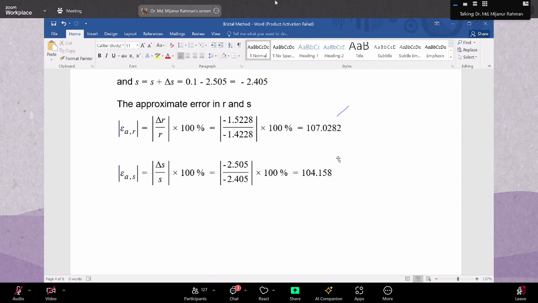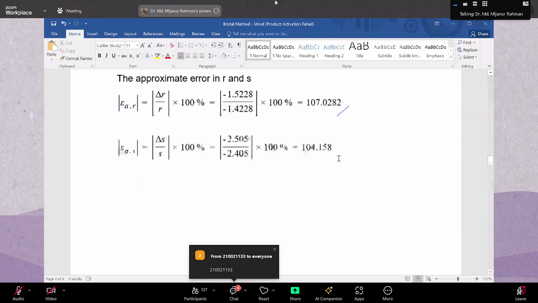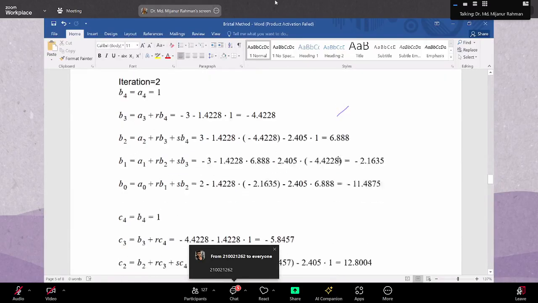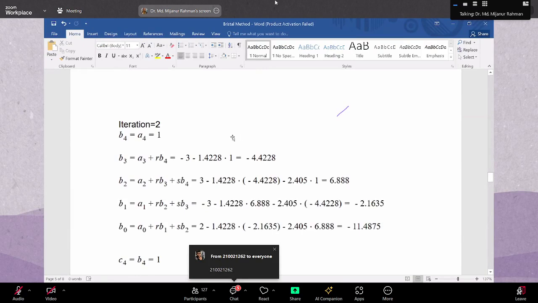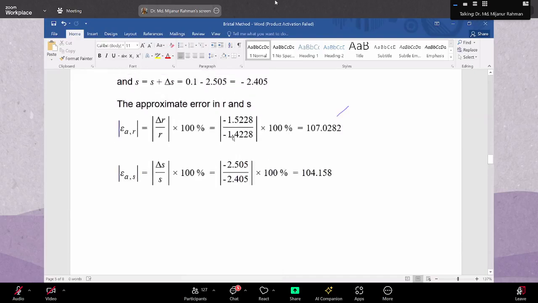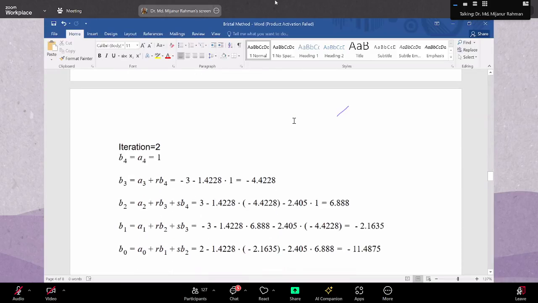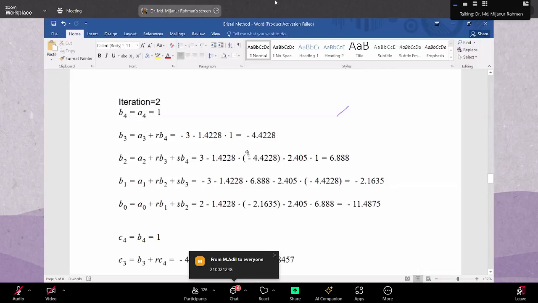We cannot stop our iteration. That means we have to search for new values of R and S. After the first iteration, this value is not correct. Again, from iteration 2, we have new values of R and S. This is the new value: R equal to minus 1.4228 and S equal to minus 2.405. Now our values of S and R have already changed. With these changed values of R and S,